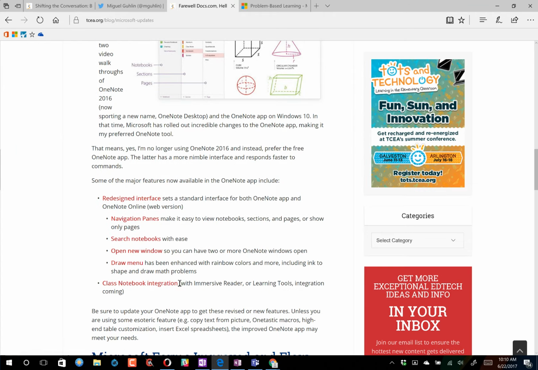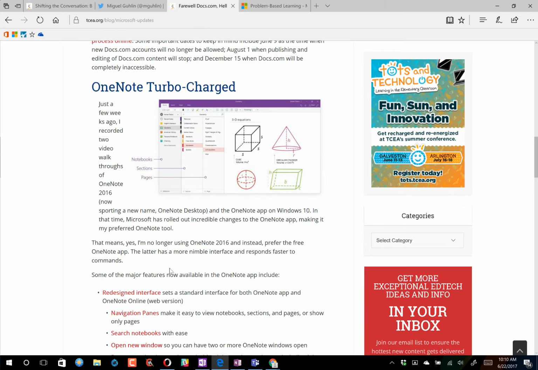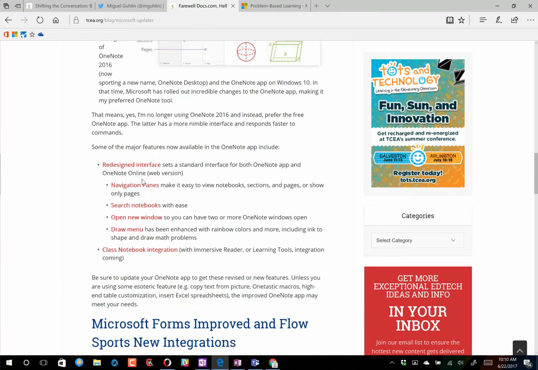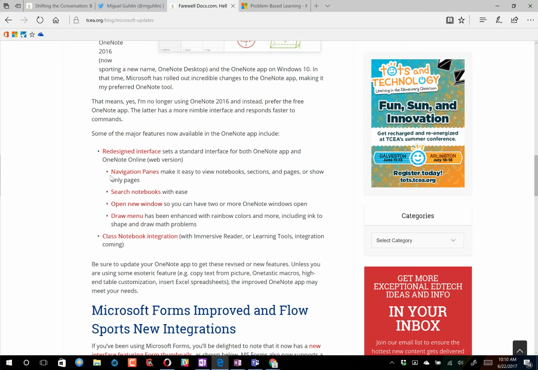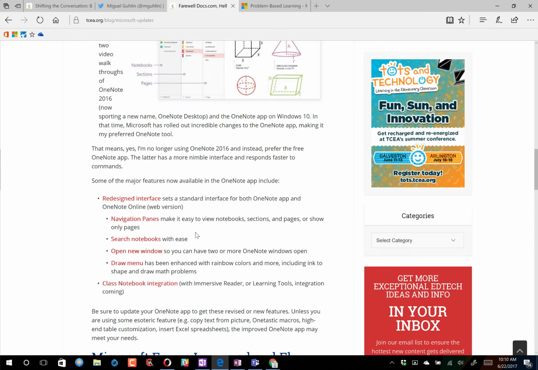And you can actually come in, and this is a blog entry I wrote for TCA that reflects some of the changes: the redesigned interface, new navigation panes, very easy search functionality, as well as class notebook integration. So I wanted to just quickly show you what that looks like and how it might work from the Teams perspective. But before we do that, I've got to tell you that if you have OneNote Desktop and the OneNote